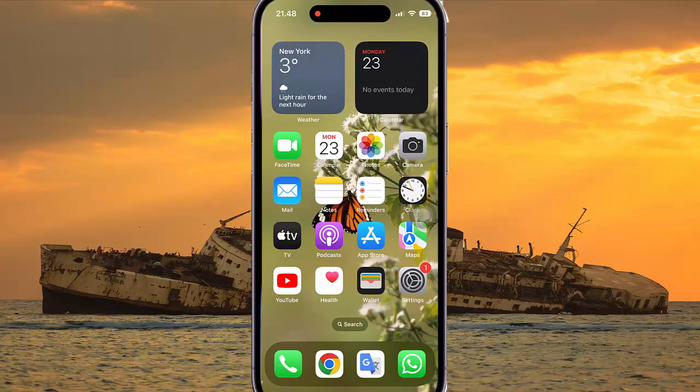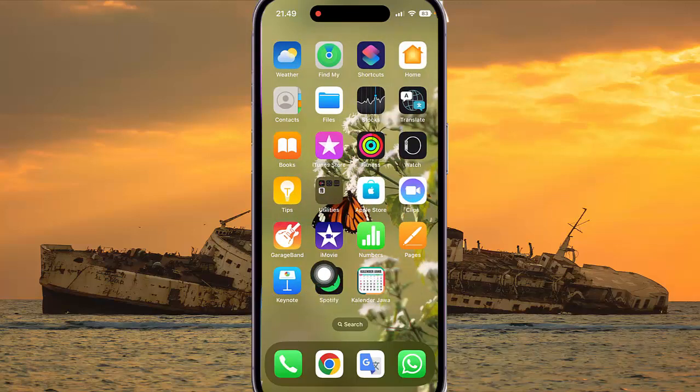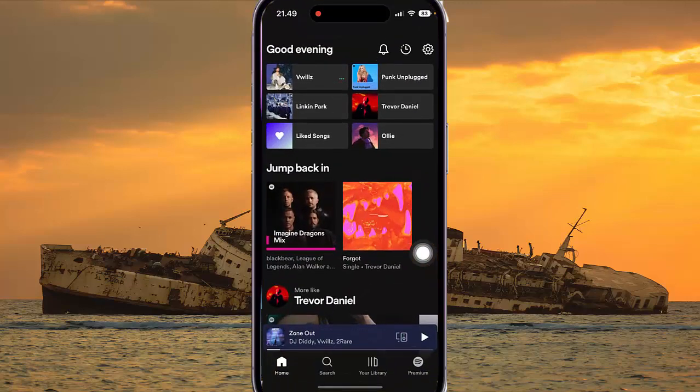To turn on or turn off Spotify Livestreams and virtual event email notifications. In iPhone 14 Pro, open Spotify settings, find Spotify in home screen, and then tap Spotify. Next, tap settings icon,